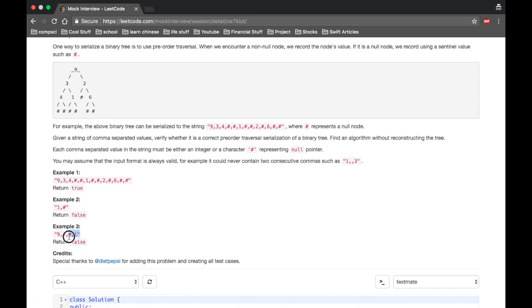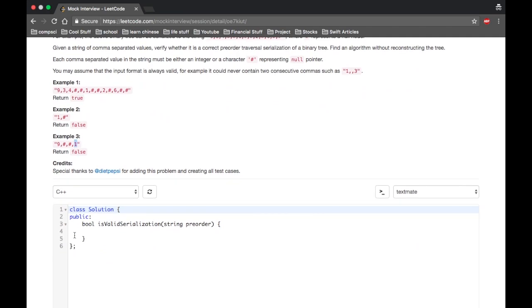And this is false because after 2 hashes you can't have another number, because like the parent is the 9, then you have a hash, then the left child's a hash, the right child's a hash, so they're both null, so there can't be another child. Okay, so